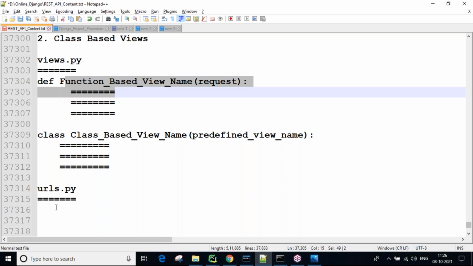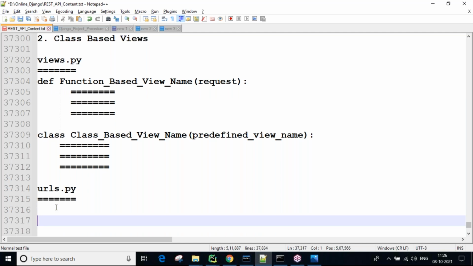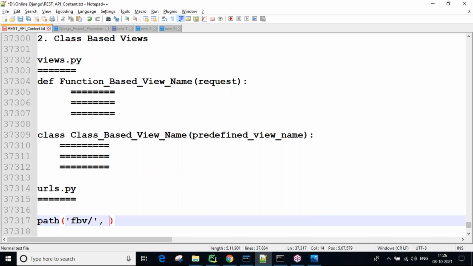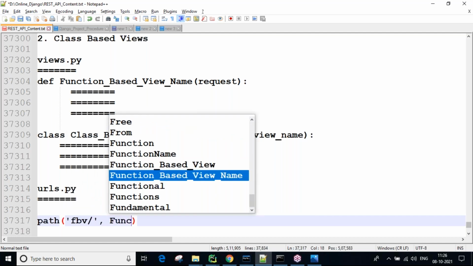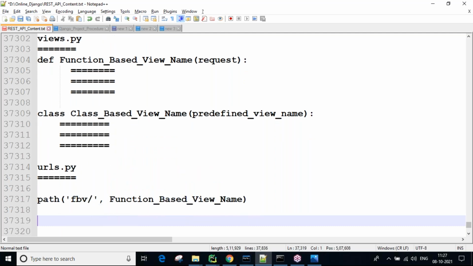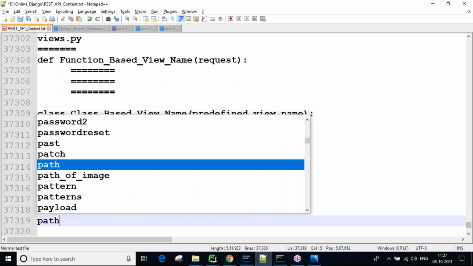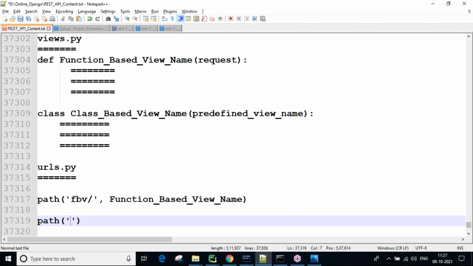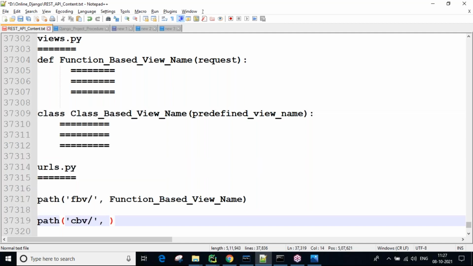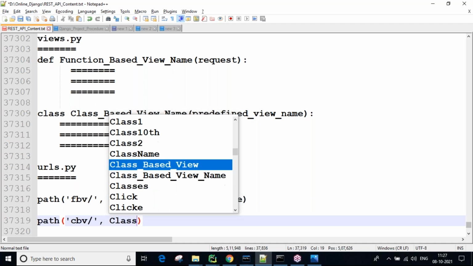Now here, URLs you can create simply using the path method. FBV means function based views, so the function based view name is going to be called. Next, path of, and for class based views, CBV, we write the class based view names.